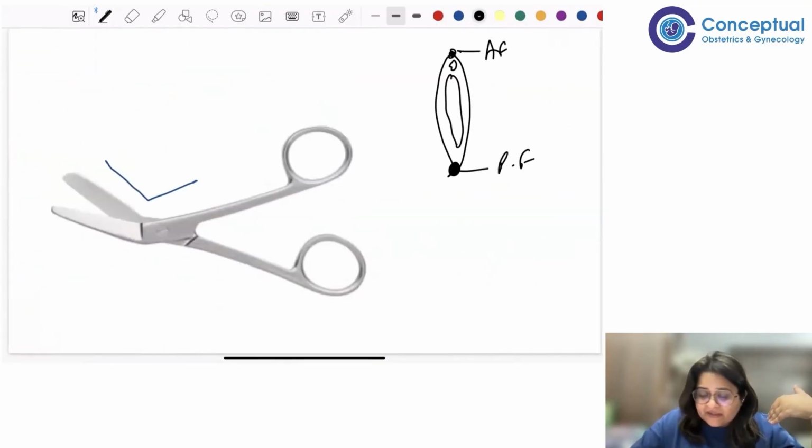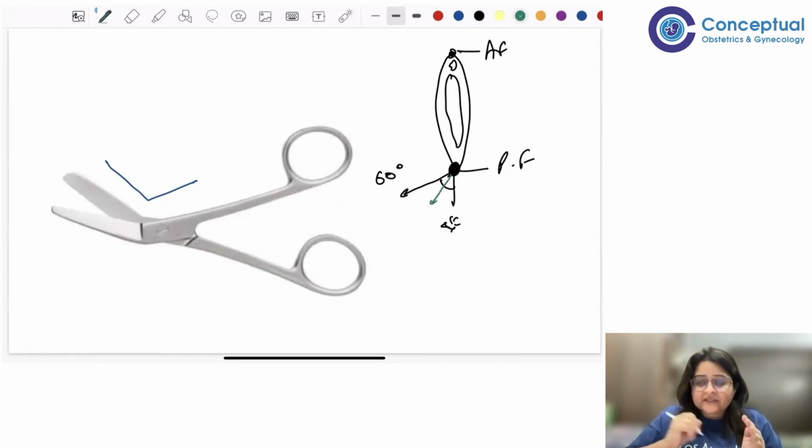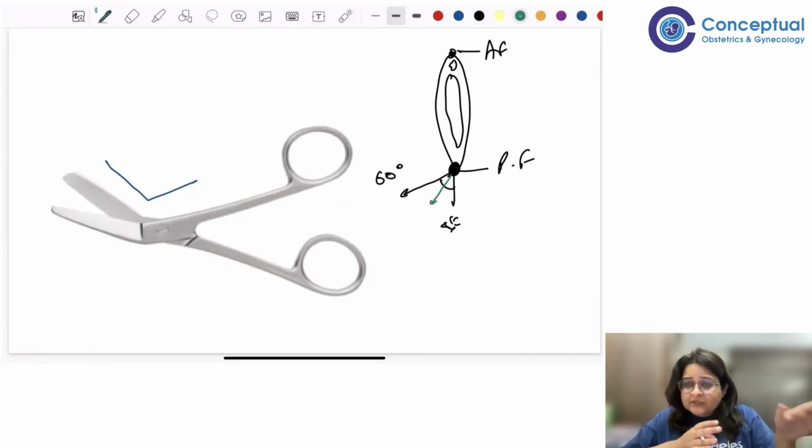What should the angle be? This is the anal canal; the angle should be approximately 60 degrees. When the head is crowning, when it's stretched out, this angle is 60 degrees. Once the baby comes out, you find that because of the stretch, it appeared 60 degrees, but it's actually just a 30-degree cut after the baby comes out. So try to go lateral, go at least 60 degrees, so that in the end, you find out it's actually just a 30-degree cut. If your angle is less, there are more chances of it becoming a third or fourth degree perineal tear. That's another important point.